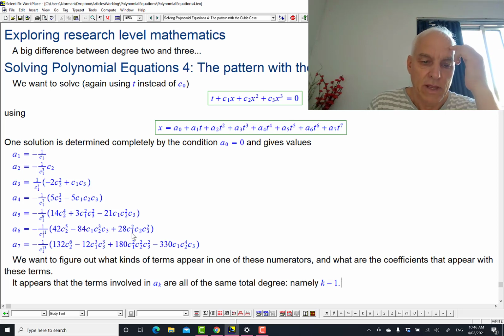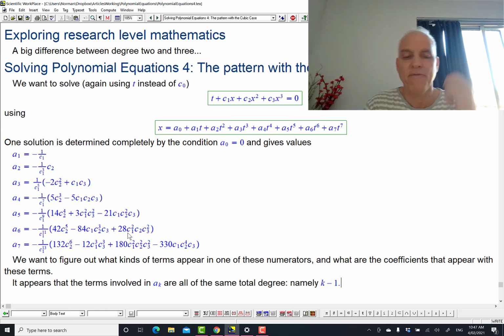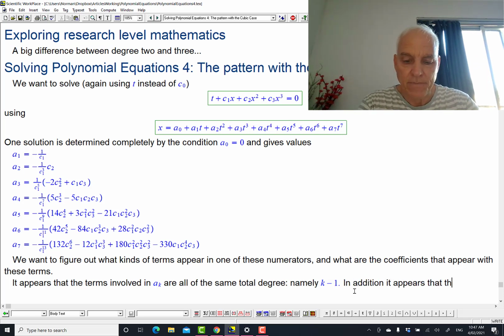So what about this one here? C1 squared, so that total would be 2, if you multiply the degree times the index. Here we have another 2, and here we have a 6. So that's also 10. So all these terms here have the property, in addition to the one that we've just mentioned, that in addition, it appears that